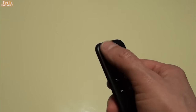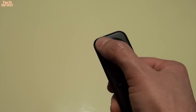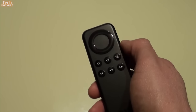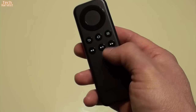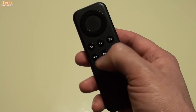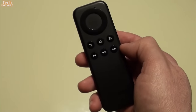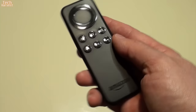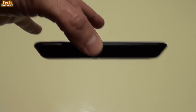You'll notice that you do have your selector area up here. It's not really a wheel, but it is circular. You can click on it in different directions. Of course, the center clicks as well. You have your play controls on the bottom: rewind, play, pause, fast forward. Then you have your characteristic Android buttons: back, home, and menu. And that's pretty much everything you have. Of course, it's a matte black plastic. You have the Amazon branding there, and it has a trapezoidal shape to it,